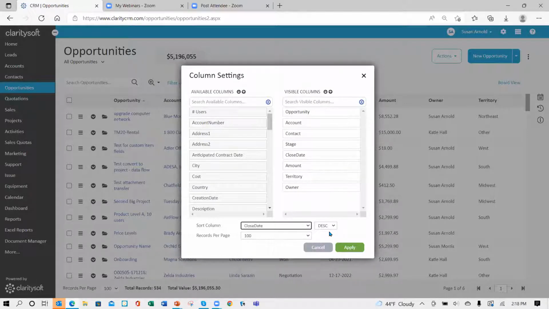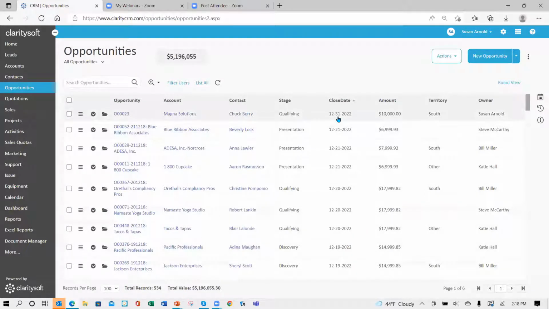I'm going to do it this way. So this should search from oldest to newest. I might want to go the other way. Nope, I want to go this way. Or from newest to oldest is what I'm saying. Descending would be newest to oldest for the close date. So we have that. And again, make it work for you, how you're looking at your records. All right, so stepping back just a bit,